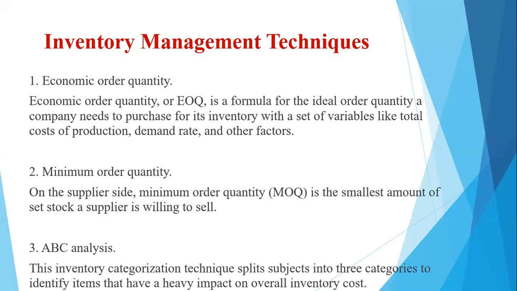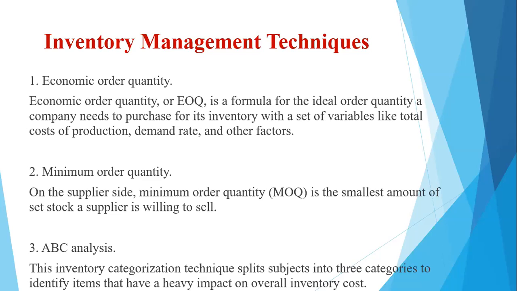Okay, so it could range, say, from 60 to 70% of the total cost of inventory. Then we have category B, where the products fall somewhere in between the most and the least valuable. So these are middle category inventory items with respect to value. Somewhere they lie, say, from 20 to 30% of the inventory, right?